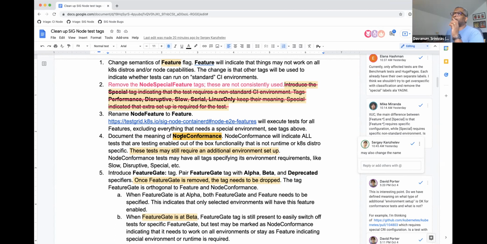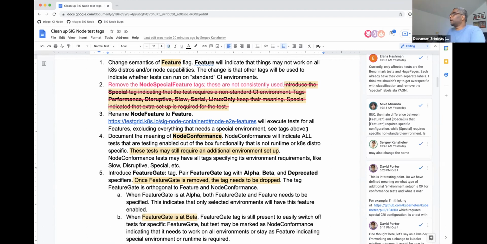Hang on, yeah. Sergey, I'm still stuck on number 3. Renaming node feature to feature. Right now, as far as I can see, node feature is present in the SIG describe in the test, and it is present in the test definitions saying, regex switch on or off, right? So when you say rename node feature to feature, does it also imply that we will add it to the list of features that we have